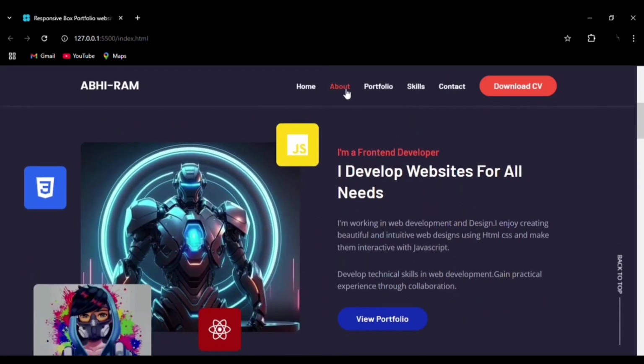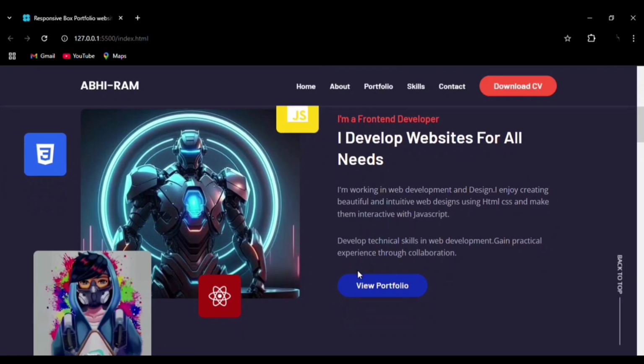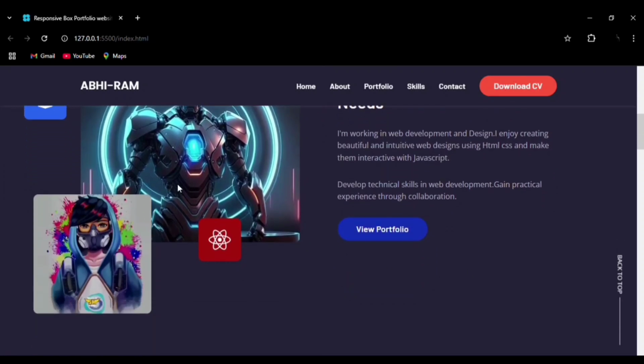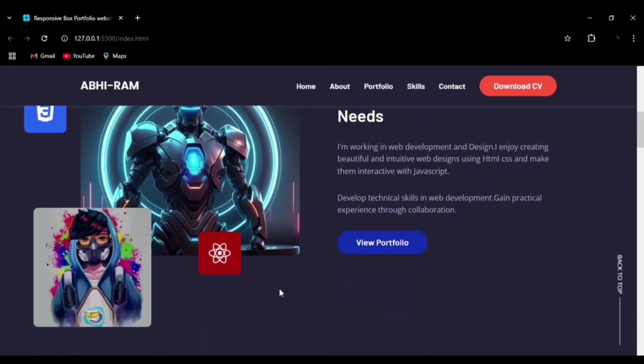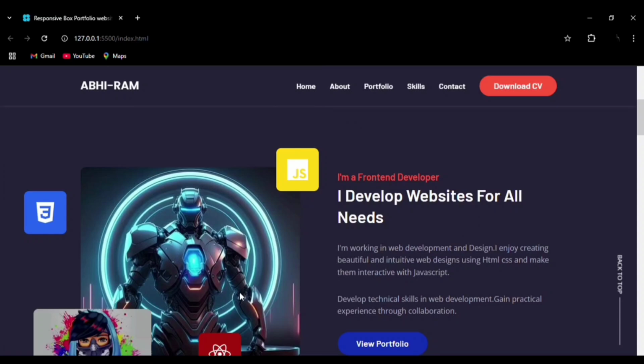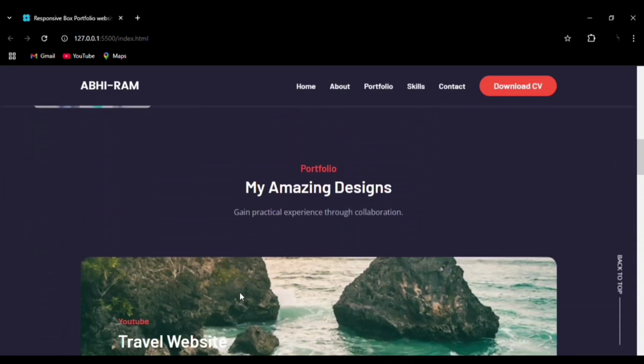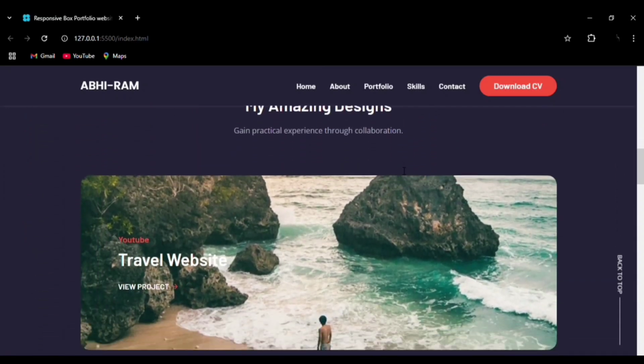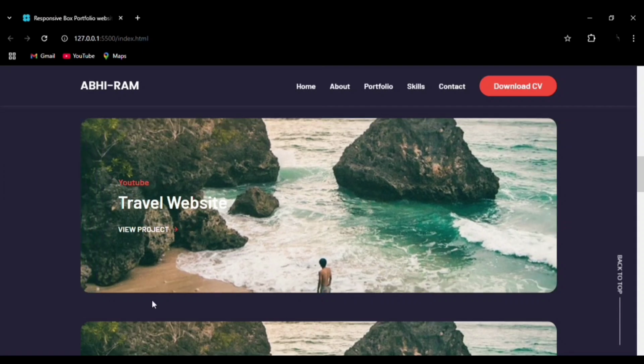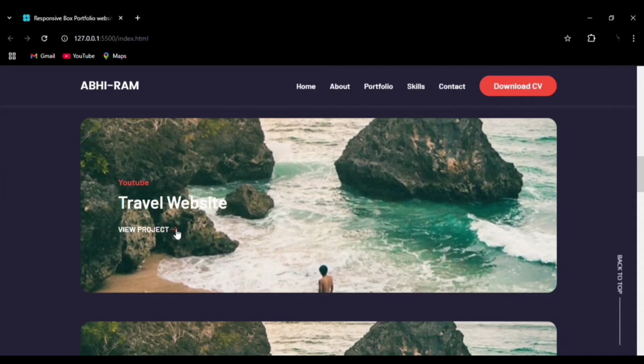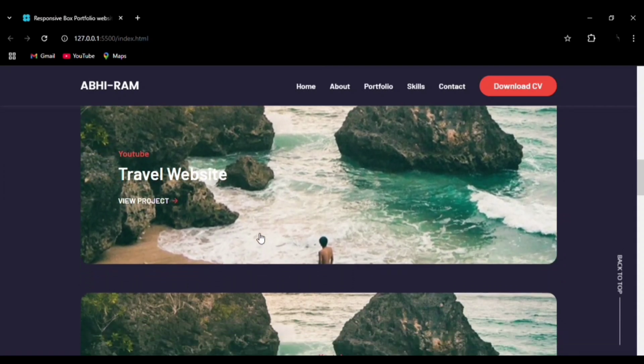The next we have is our about section. You can see in the about section we have used ion icons. We have used them to display here, and you can see the hover effect on the button, and you can see the position. By using the position value, how we are aligning the images one on the another, and how they are aligned at particular positions on the website. Then we have the portfolio section, and you can see the hover effect on it. Zoom in, and you can see the button here, view project button, and you can implement as many projects as